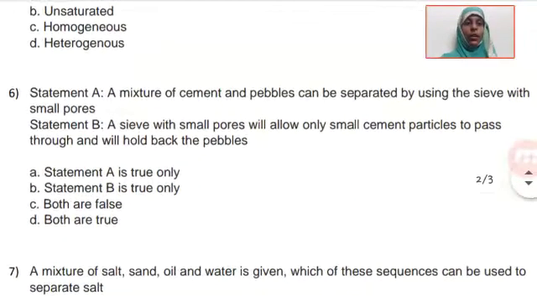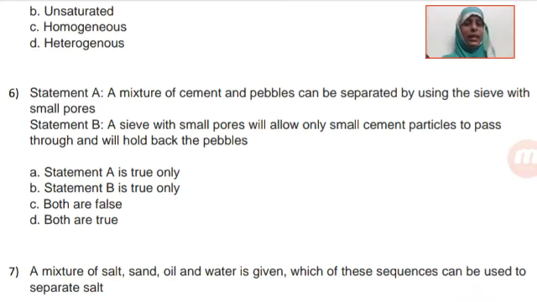Now look carefully at the statements. Statement A: a mixture of cement and pebbles can be separated by using a sieve with small pores. And statement B: a sieve with small pores will allow only small cement particles to pass through and will hold back the pebbles.